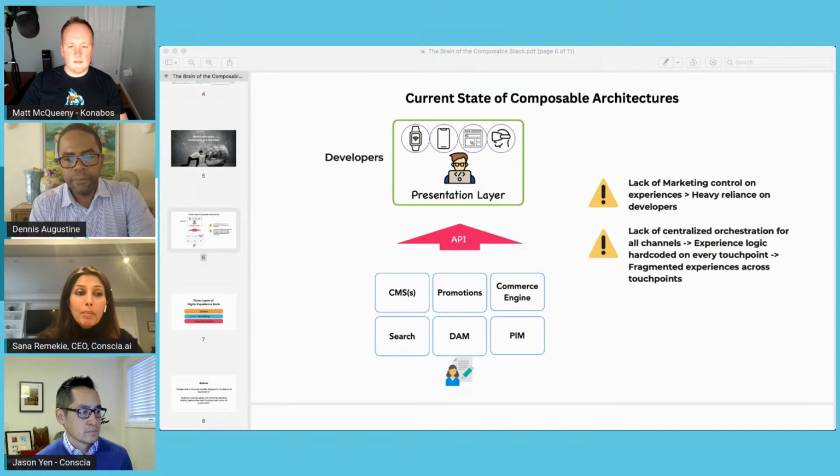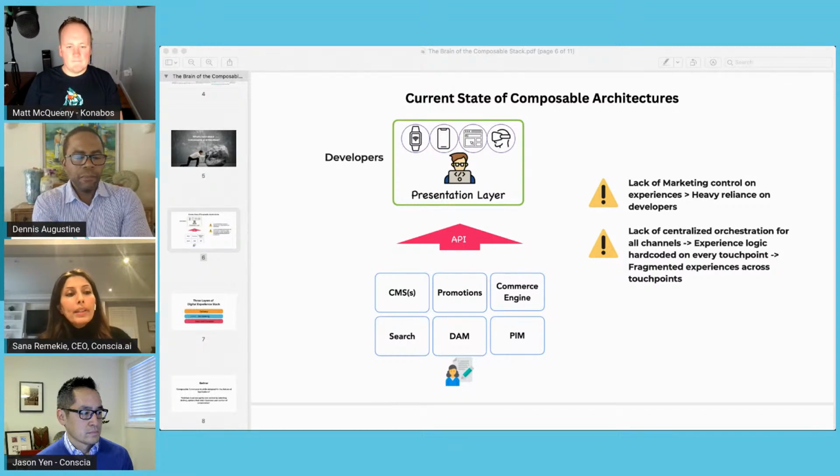It's not managed by the marketers at all. Actually, a lot of times it's managed directly by the developers, right? So developers are writing code essentially to connect to each of these backend systems via APIs and hard coding the front end. And what that does is there is no real separation, once again, between your content and your